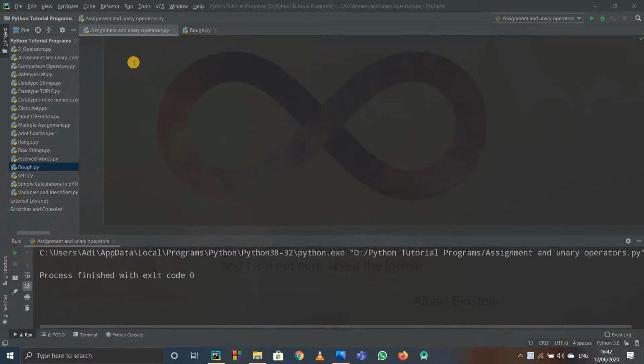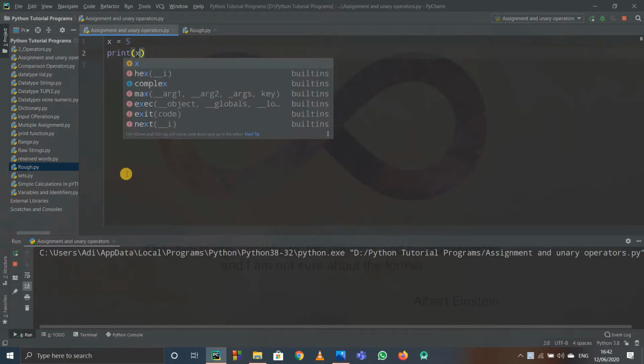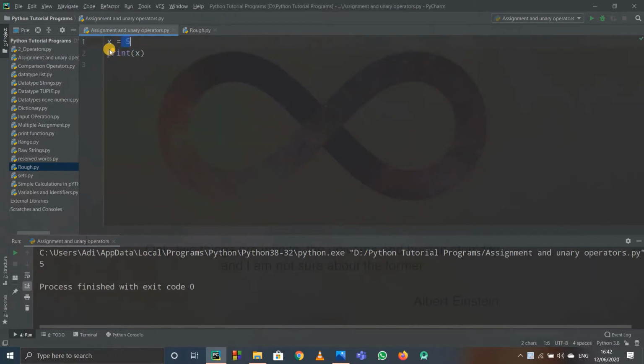So the assignment name itself obviously suggests that it is used to assign something. So suppose x is the identifier or variable and I'm assigning the value of 5 to it. So when I write this equal to sign, this equal to is nothing but an operator, assignment operator. So when I write x equals to 5 and when I print x, what it did is it assigned the value 5 to the variable x or the identifier and it printed out 5. So this equal to sign is nothing but the assignment operator. So this is one kind of assignment operator.